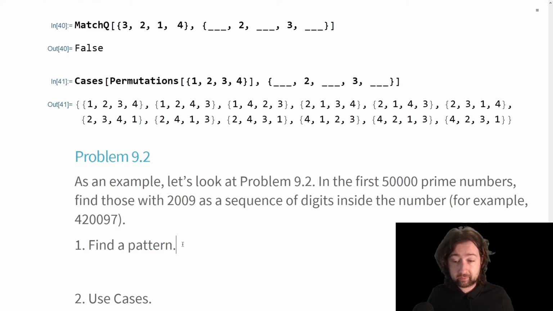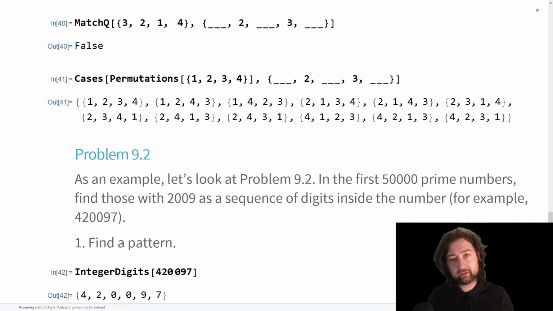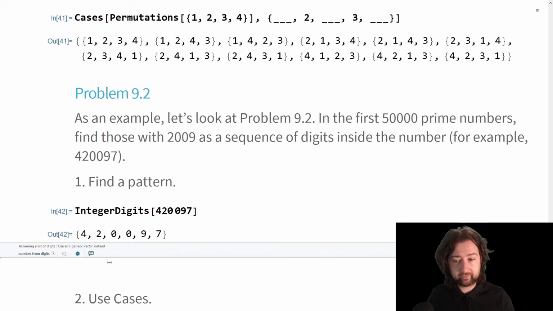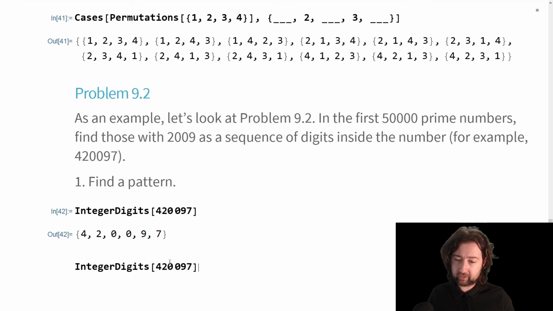So the very first thing I'm going to do is try to break this into a list of digits. And then from that list of digits, I can look specifically for that sublist that I'm after. So the very first thing I'm going to need to do is IntegerDigits. Okay, so now I've got a list of digits I can work with. Now, what pattern am I looking for? I'm hoping that if I run MatchQ on this,